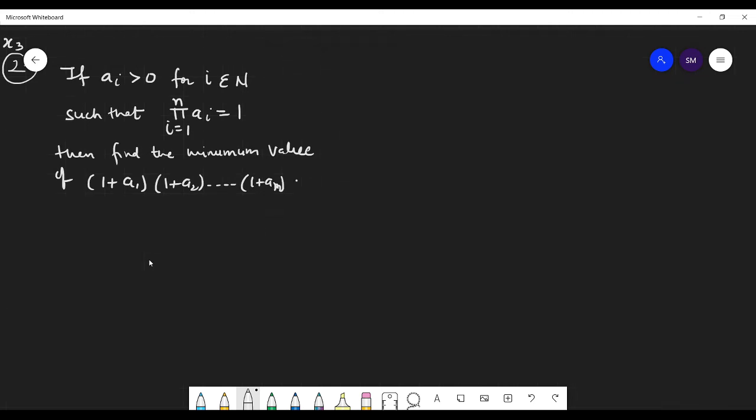So students, you can clearly see the first thing here is that a product is involved. It is given to you. Here also you have to find the minimum value, which is again a product. So here also product, here also product. It means you will be using geometric mean, that is sure. And the second thing is minimum value. So it means you will be using the inequality with geometric mean.